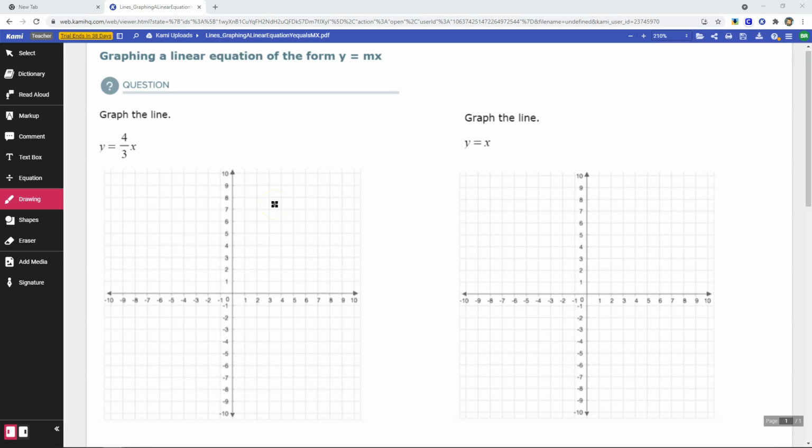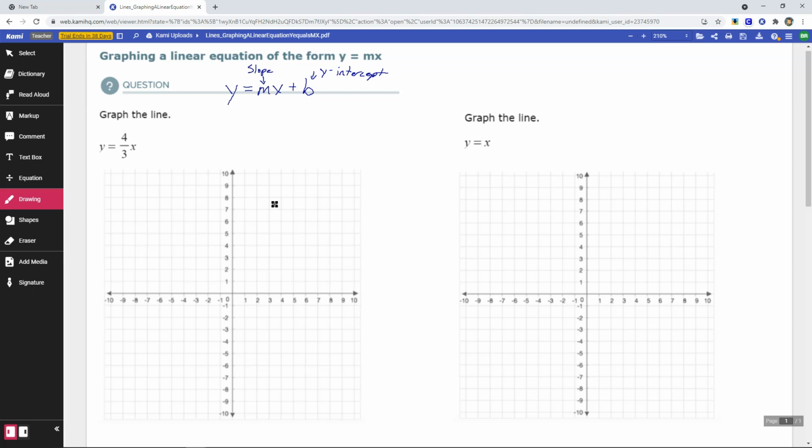Graphing a linear equation in the form y equals mx from the lines pi slice in ALEX for geometry. So the question says graph the line, and we're given the line for this first one, y equals 4/3 times x. Now remember, in y equals mx plus b, m is the slope and b is the y-intercept,